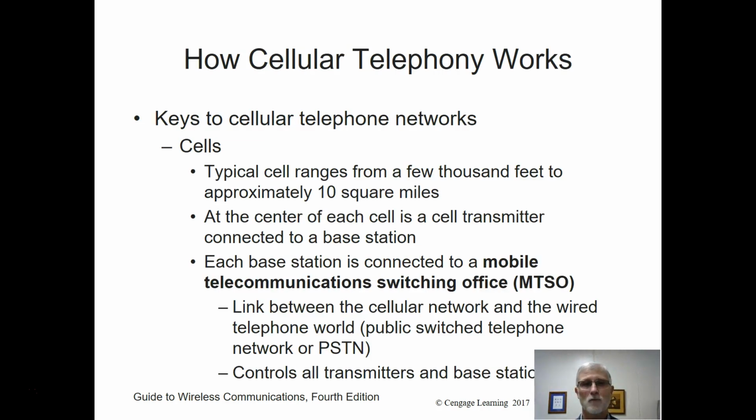Now, the question is, how does it work? Well, the key to cellular telecommunication is what they call a cell. And a cell is basically a set of antennas which, last week you went out and engineered and kind of highlighted where you would locate a cellular tower or antennas, either in a city or on rooftops. But a cell basically either covers a couple thousand feet up to 10 miles.